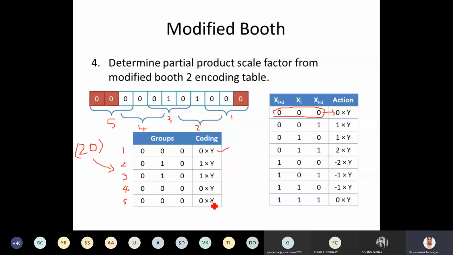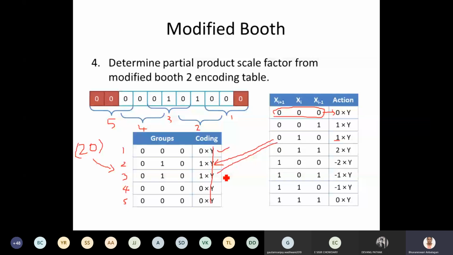You just forget this y. Okay. Now 0, 1, 0. What is the recoding value? 0. You have to obtain this from here only. 0, 1, 0, so it is going to be plus 1. So you write it here as plus 1. What is the value for 0, 1, 0? Again, it is going to be plus 1.